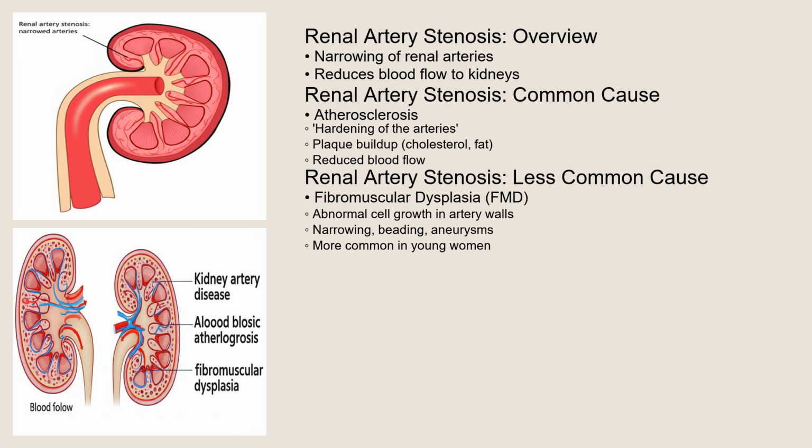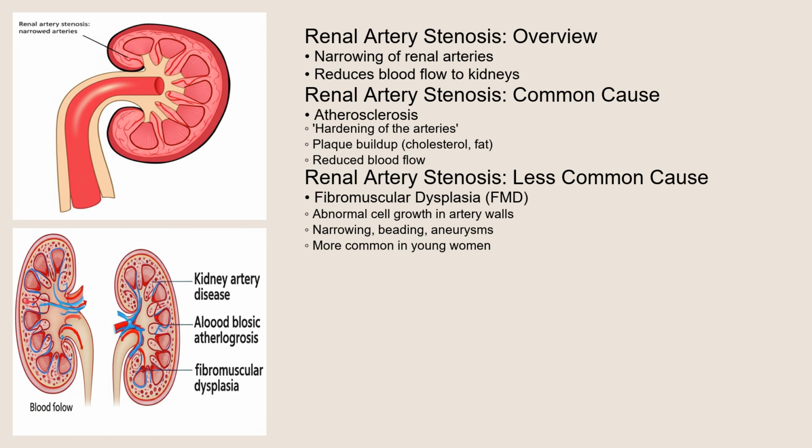Renal artery stenosis, at its core, is the narrowing of one or both of the arteries that carry blood to your kidneys, the renal arteries. The most common culprit behind this narrowing is atherosclerosis, often referred to as hardening of the arteries. This is where plaque, composed of cholesterol, fat, and other substances, builds up inside the artery walls, gradually reducing blood